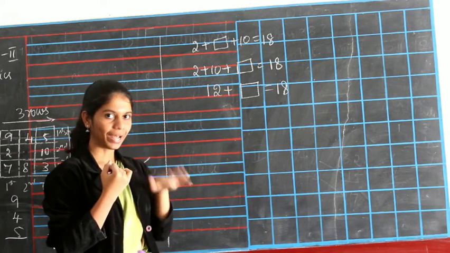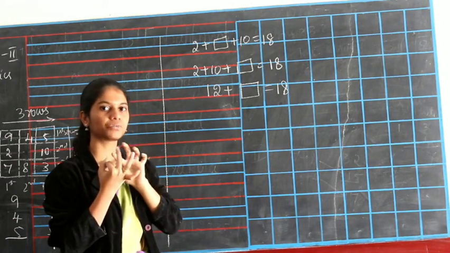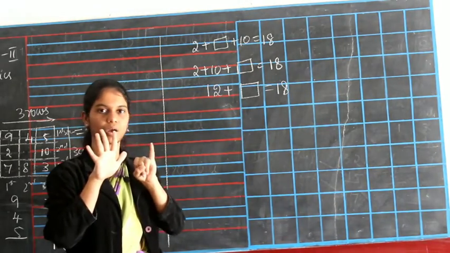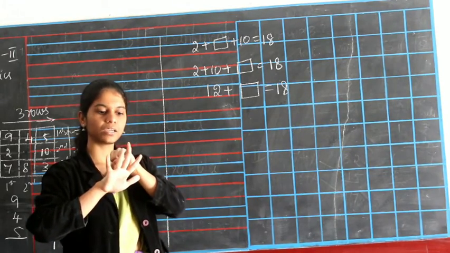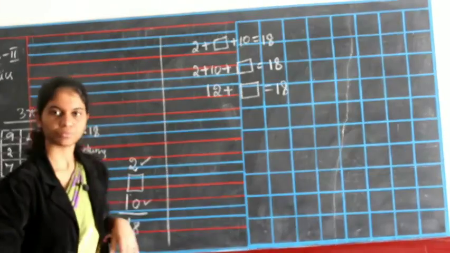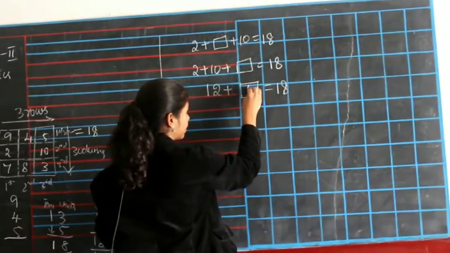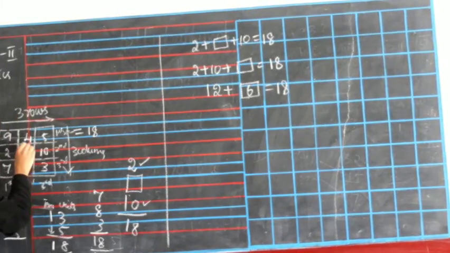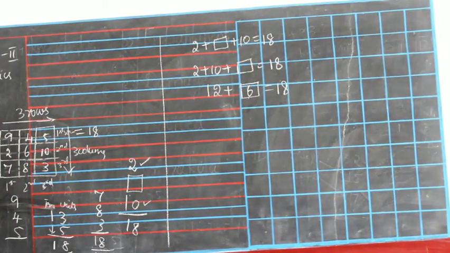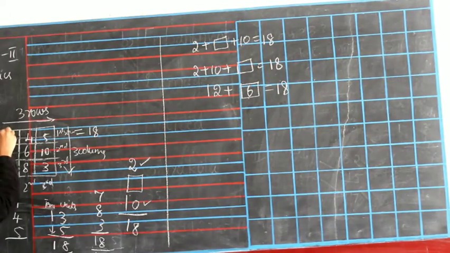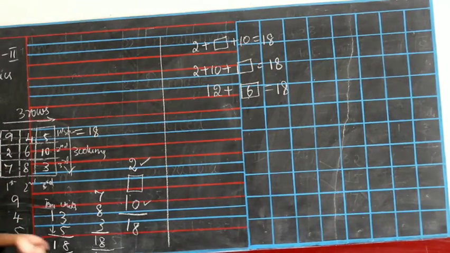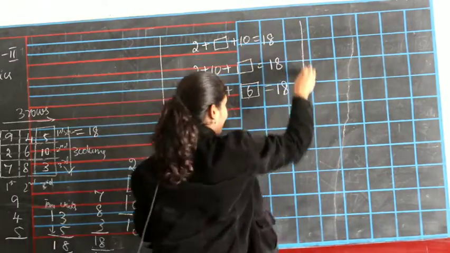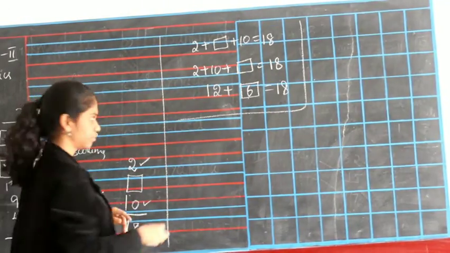12 in your mind, 12 after 13, 14, 15, 16, 17 and 18. So how many fingers are there? Let's count. 1, 2, 3, 4, 5 and 6. Okay, so here you have to write 6 and the box number is 6. You should write 6 here. Okay, so now if you add the columns also, you will get the same answer, 18. This is a magical box. Okay, so there is one more magical box that we will also fill.